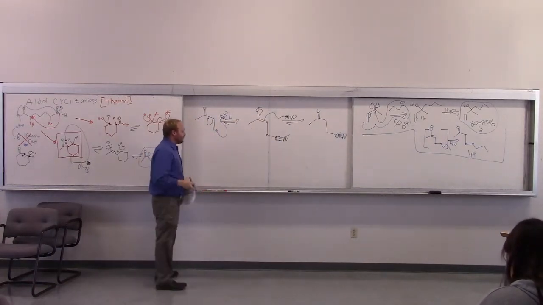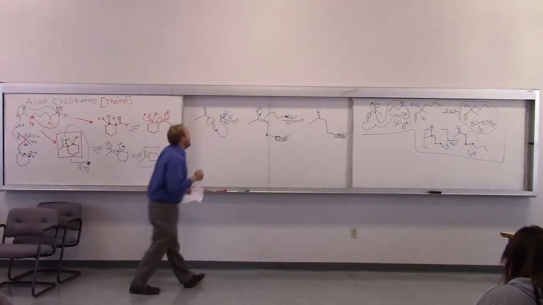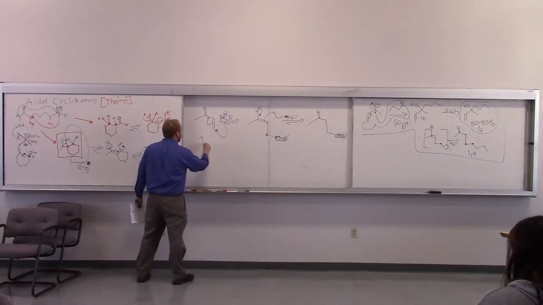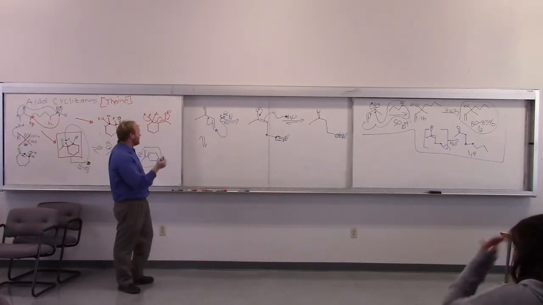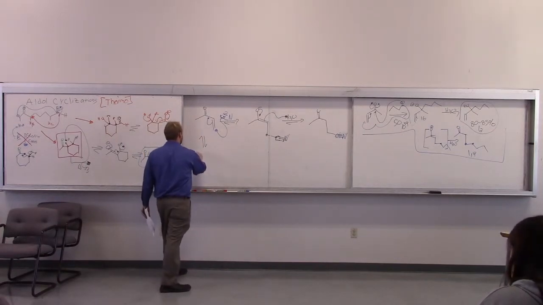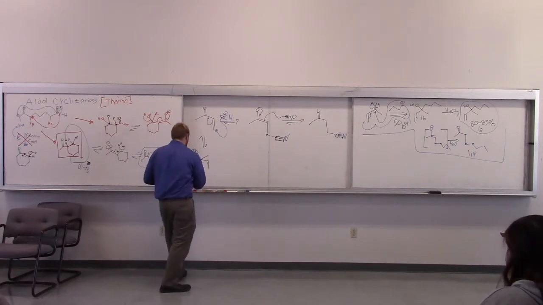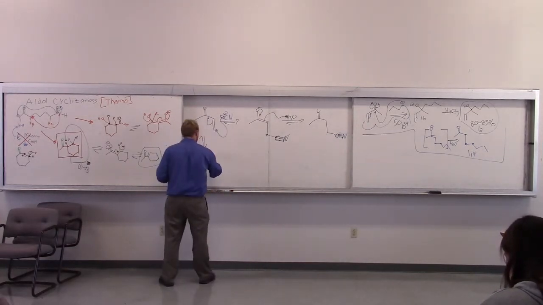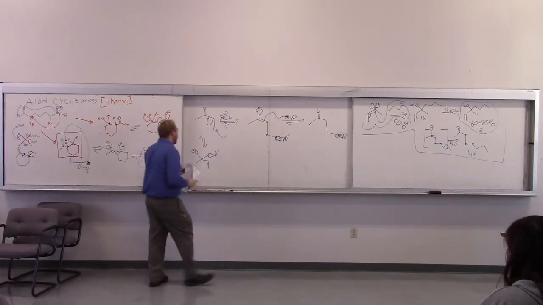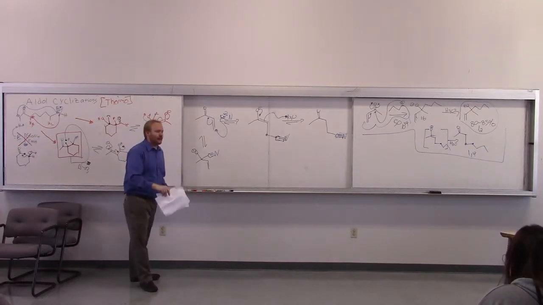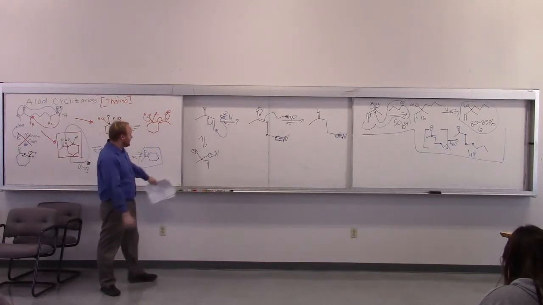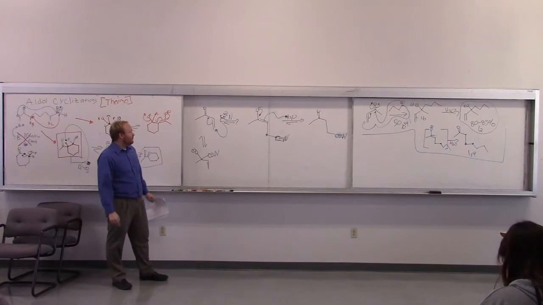So why do we get 1,4 instead of 1,2? The answer is because it's a weak nucleophile, because it can be a leaving group. So it does probably add in 1,2 first. But cyanide is actually a fairly good leaving group. It has a pKa of about, I want to say 12. Don't quote me on that, but I think it roughly has a pKa of 12. So that means it can go 1,2, but